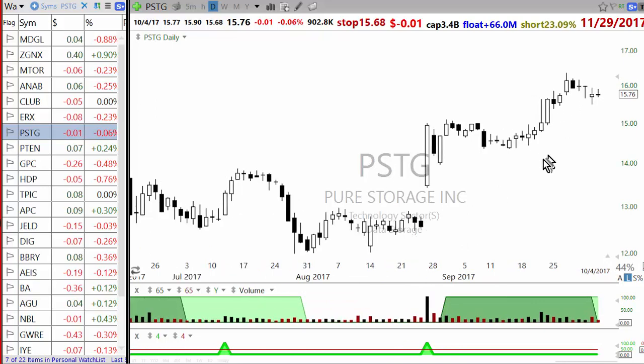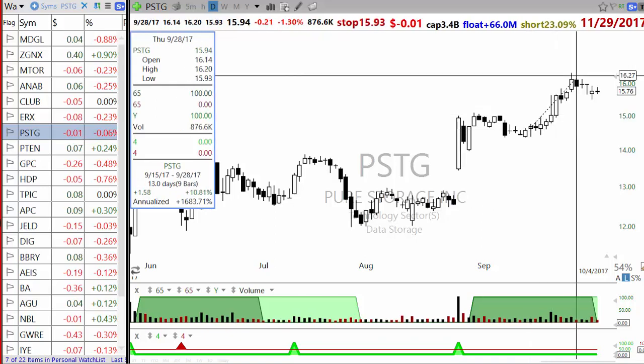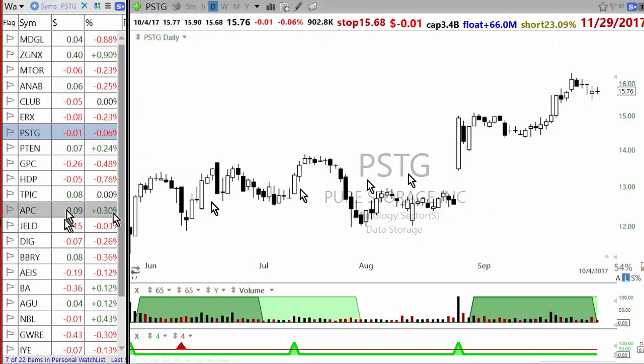I also have Pure Storage on my list. Here again, huge volume, set up as an anticipation setup, did make a move up around 10%. Now again, maybe developing as an anticipation setup. Also remember, all the setups here are not necessarily the ones I would have finalized by tomorrow morning, only 4 or 5. So some of these may not show up in the priority list, but currently as of now